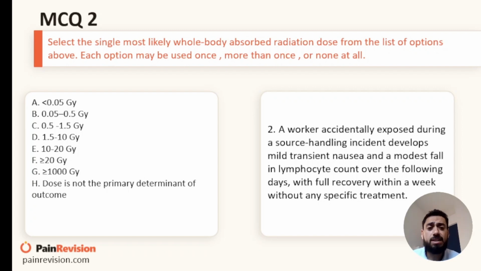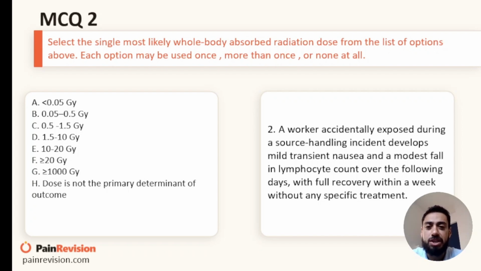Okay, so basically, again, if you try and do a little bit of guesswork and a little bit of thinking, in your day-to-day practice, you know that the patient's exposure is in the region of milligrays, which means that it's less than 1, and they typically have no symptoms at all. So if you're developing some mild symptoms, then you're in a slightly higher range above milligrays. So potentially maybe a little bit more than 1,